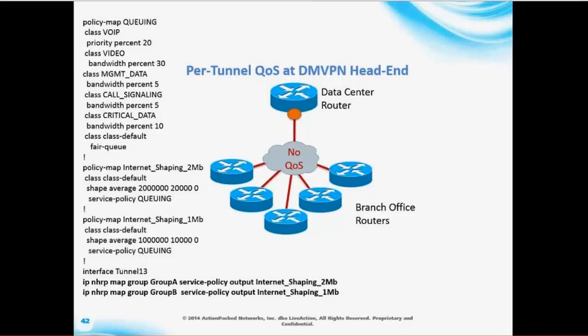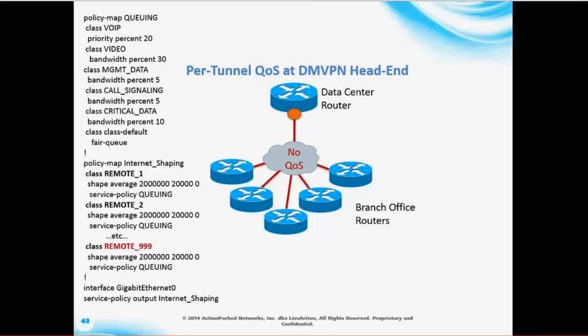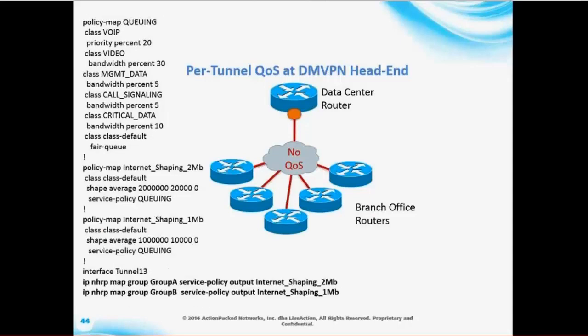Again, the NHRP map of our groups happens on the tunnel interface itself. So we're not going to have any QoS configuration on the physical interface anymore at the data center, but instead we're going to use this new NHRP map and grouping and corresponding service policy. So let me flip back to LiveAction, and we can show you where you'll get the same type of benefit as a traditional configuration that would be potentially hundreds of lines of code long, but you only have to configure